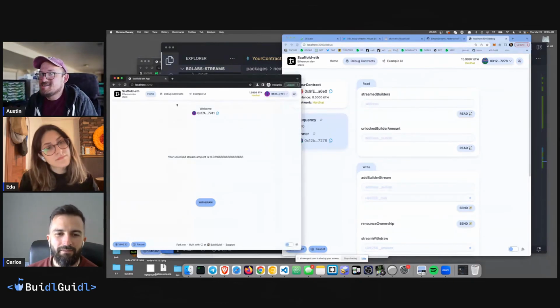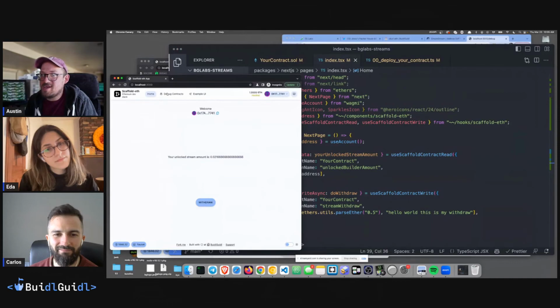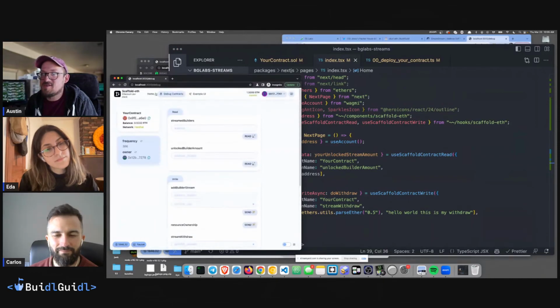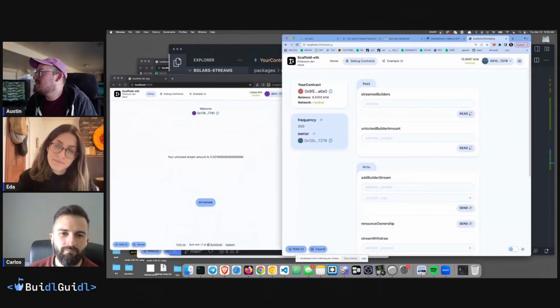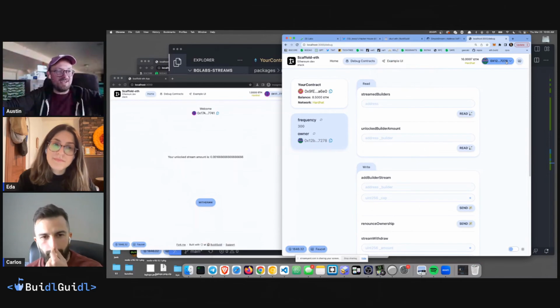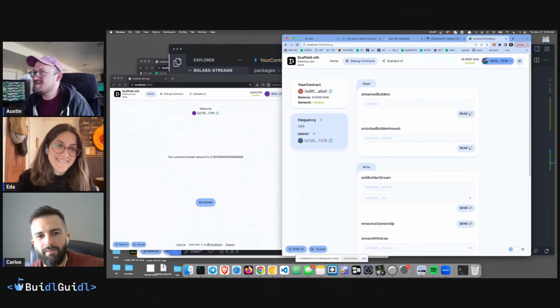Yeah. So we built a simple contract, and then we built a simple input after debugging it with the debug stuff. We built a little bit of our own UI, but I think we'll save building a complex UI for the next episode, and we'll get into that again on another episode of Build Guild Labs.